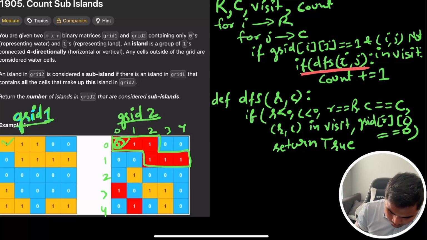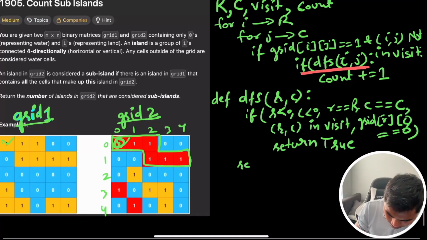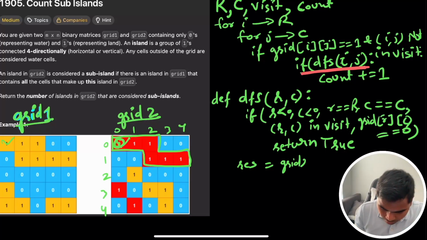So what we're going to do is store this into this variable, result. By the way, all the things that we were doing here are on grid 2. I should have mentioned that. So here also grid 2. Now grid 1